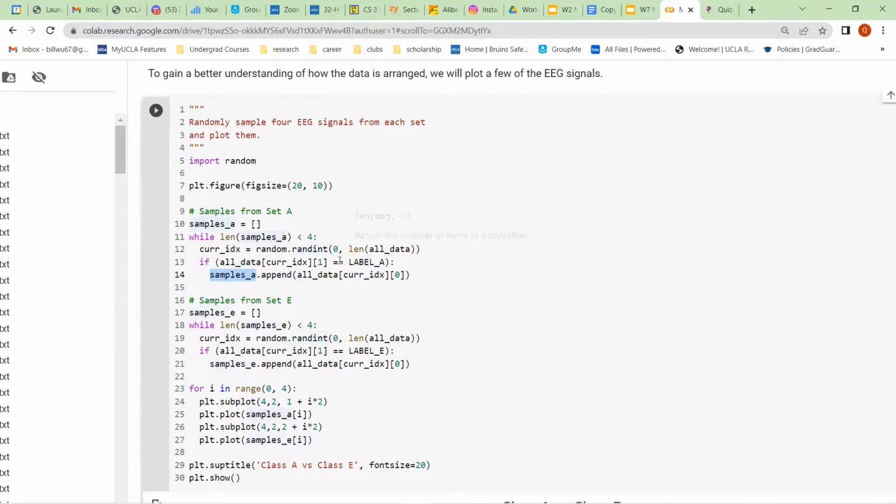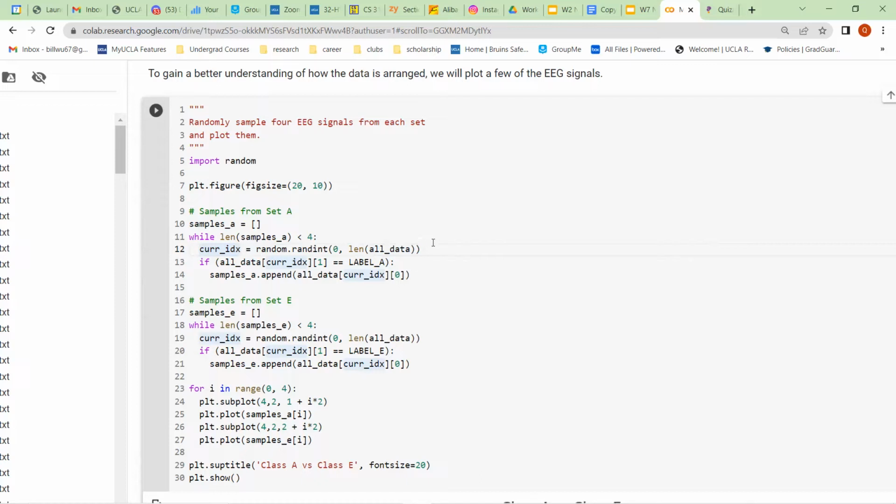If we want to walk closely through this code, we're iterating it 4 times, because we only want to collect 4 samples. We define a current index, which will be a random index between 0 and the length of our entire data, which is 100 or 200. So we randomly generate an integer.